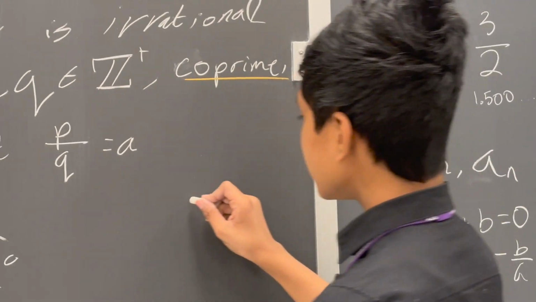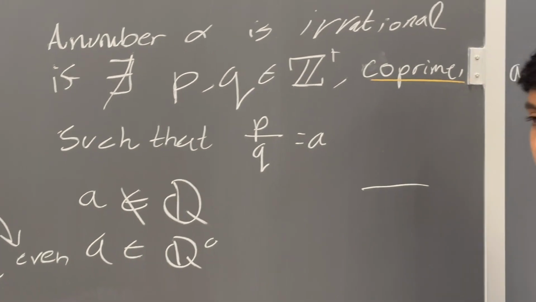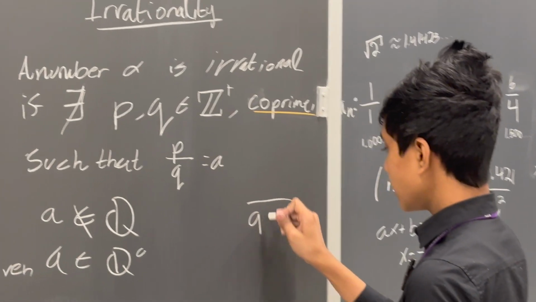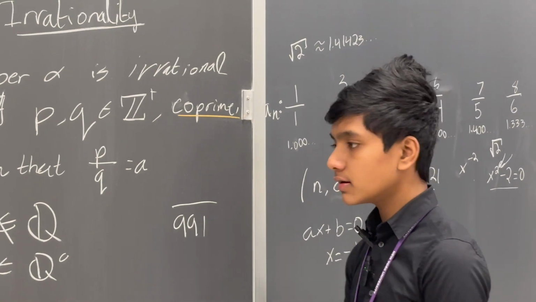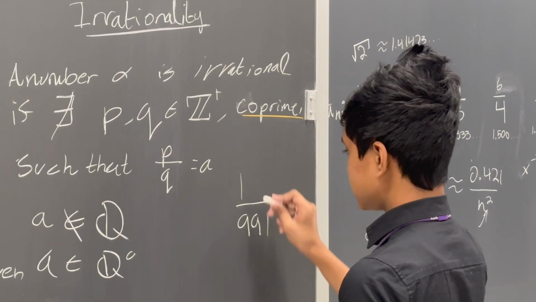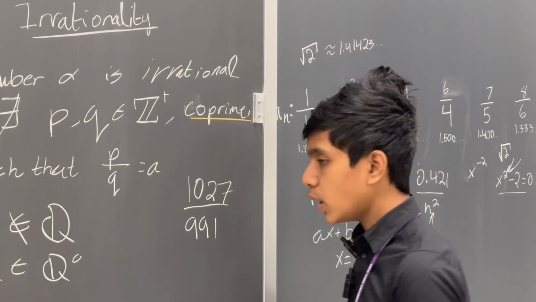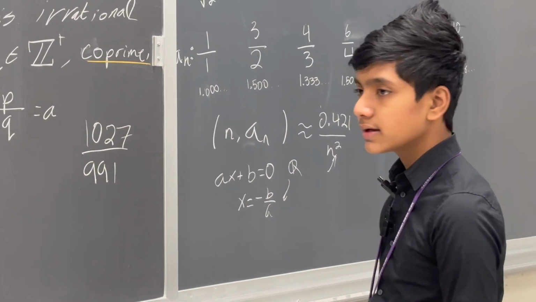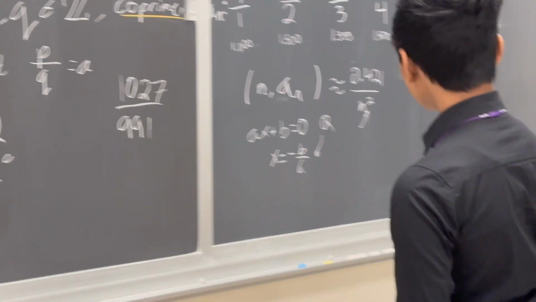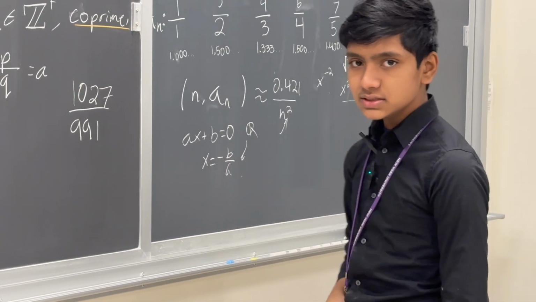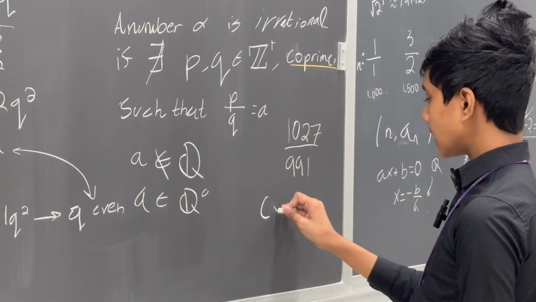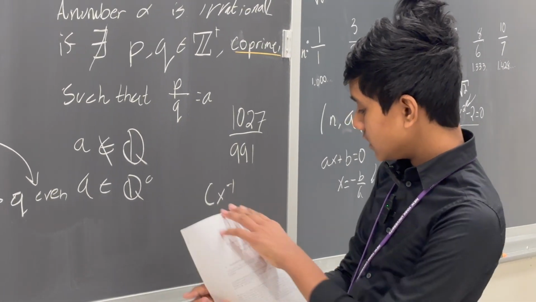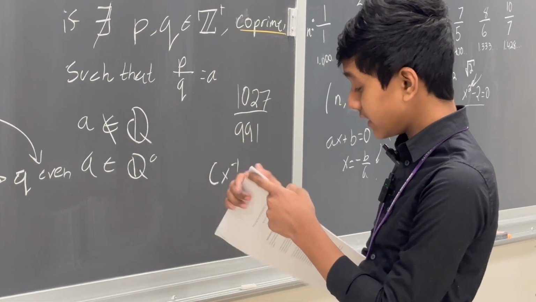Well, what I did was I picked some random prime number so that we wouldn't get like a super early divisor of it somehow. So I picked a random prime number. In this case, it was 991. And then on the top, I just generated some random number that was higher than it, 1027. And so, what do you think the correlation is going to look like here? Well, the algebraic degree of this is 1, which means that hypothetically it should look like cx to the minus 1, right? And of course, when you actually do the numbers,